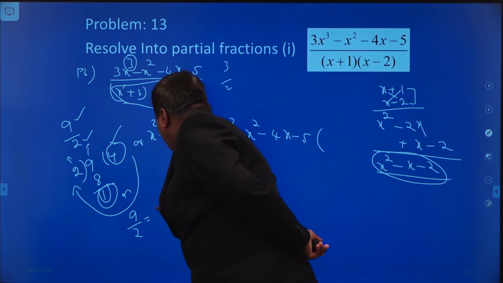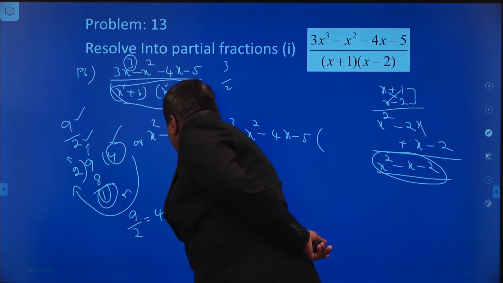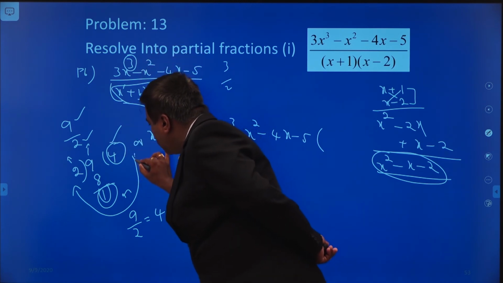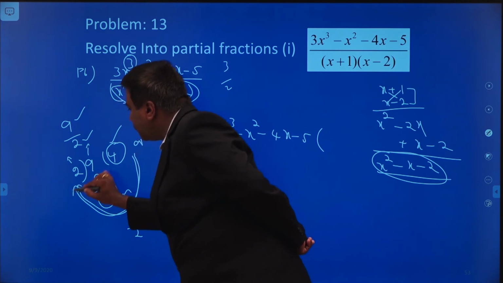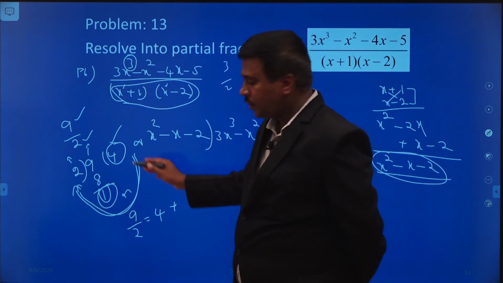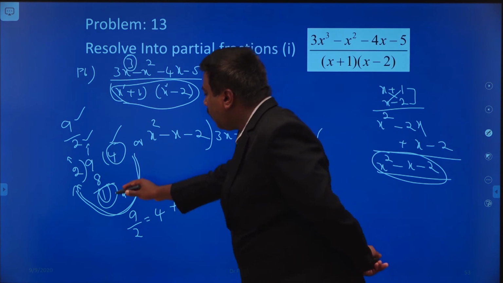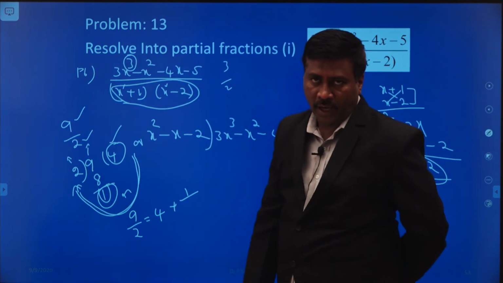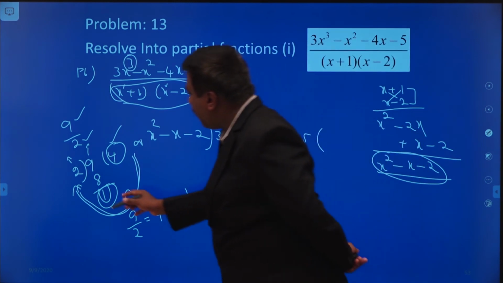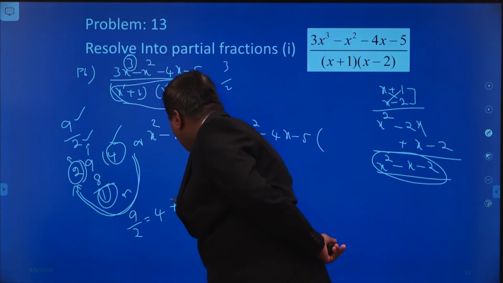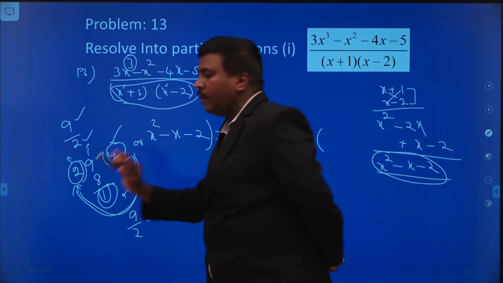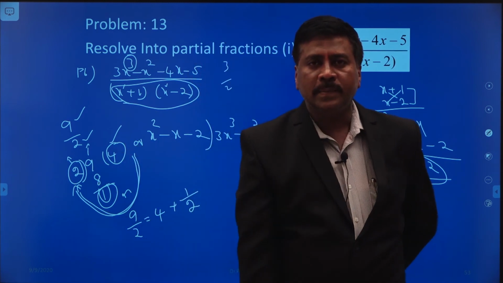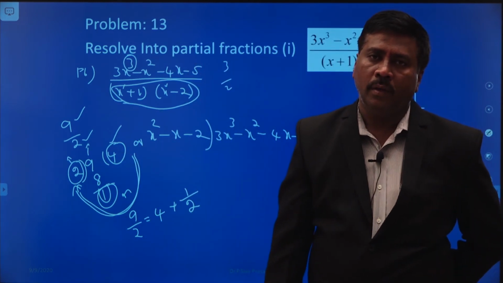so first of all I have to write the quotient, that is 4, plus, in the reverse process. Please all of you follow this rule. Reverse process: start from the quotient, 4 plus whatever the remainder is, that should be taken in the numerator of the fraction. Whatever the divisor is, that value you have to write here. This is the splitting process also.